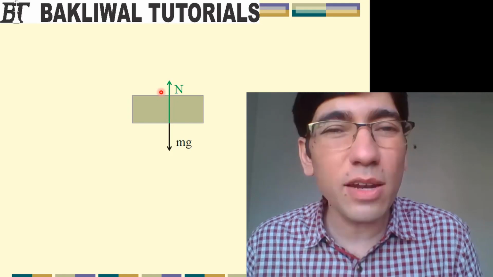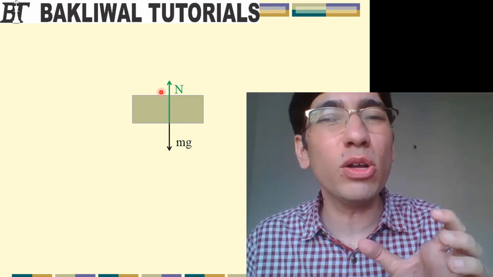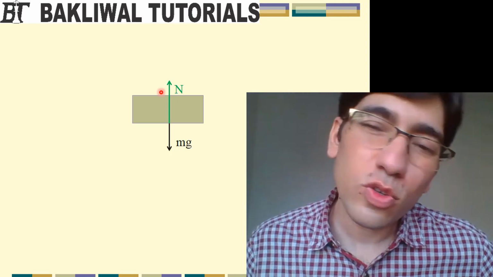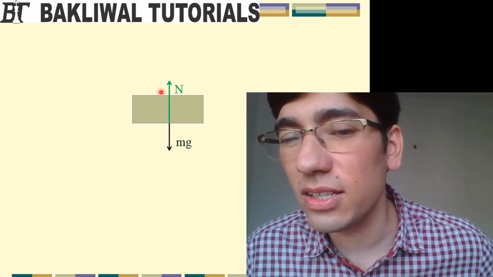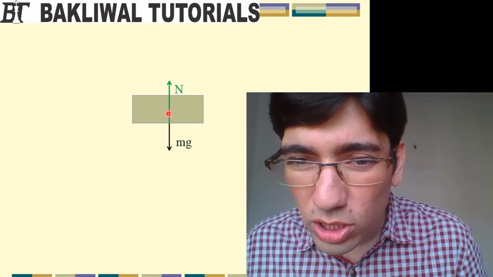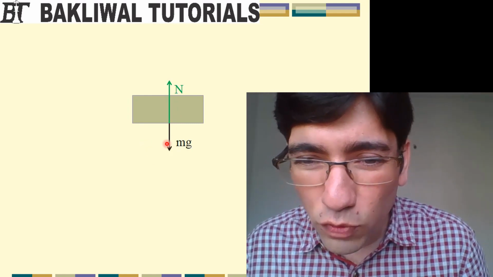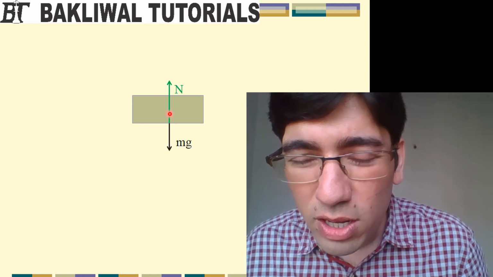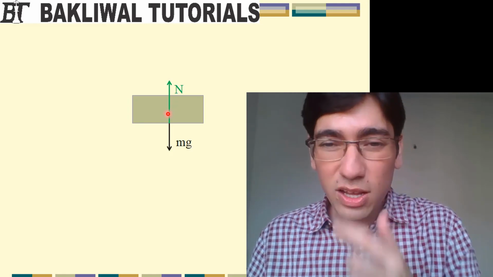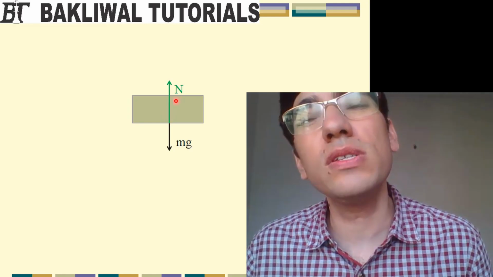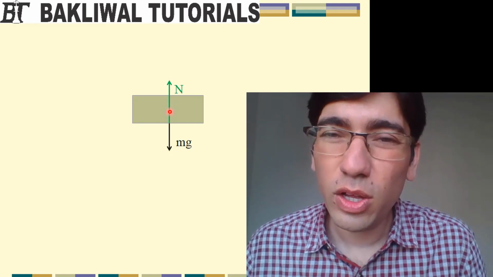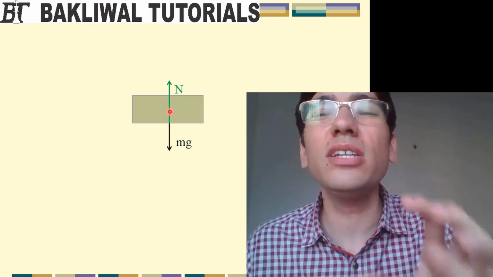So will there be only two forces acting on this block, mg and normal? So let me tell you, that is the right answer. Yes. Now let me ask you a very important question. Good that you have answered it correctly. There will be two forces acting on this block, mg and normal. So now the question is, will these two forces, mg and normal, form an action and reaction pair? Will these two forces form an action-reaction pair?